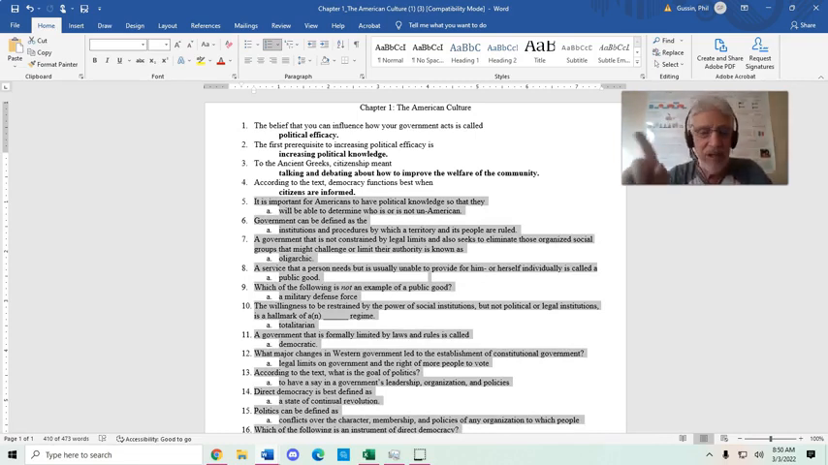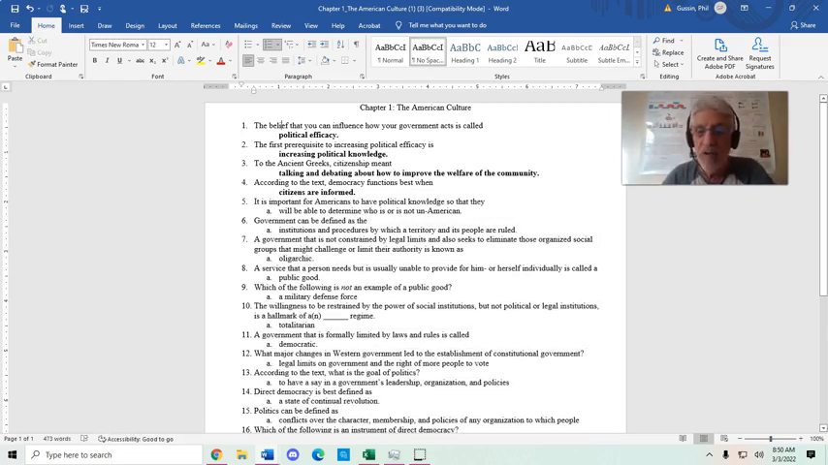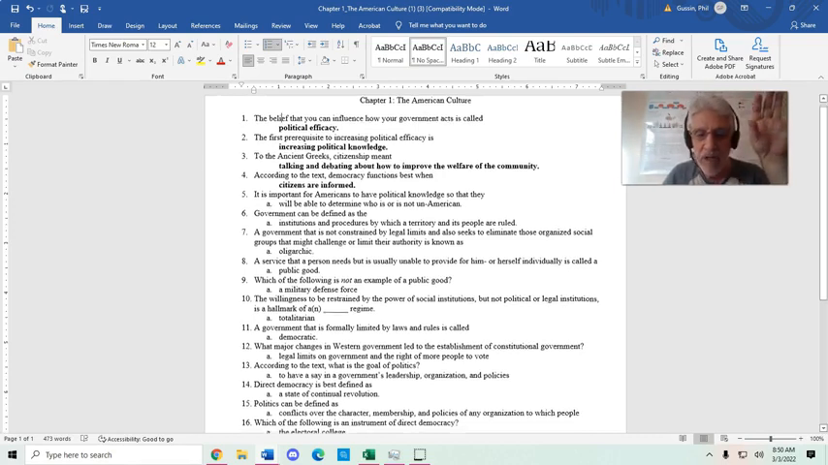So not only would she delete the answer, but because in Canvas the order of the questions changes randomly, originally political efficacy was option A. She would just get rid of the A. So all she had was the belief that you could influence how your government acts is called political efficacy. She was just studying the correct answer. The other thing that she did is she would adjust the margins, so that instead of it being a 3-page document,